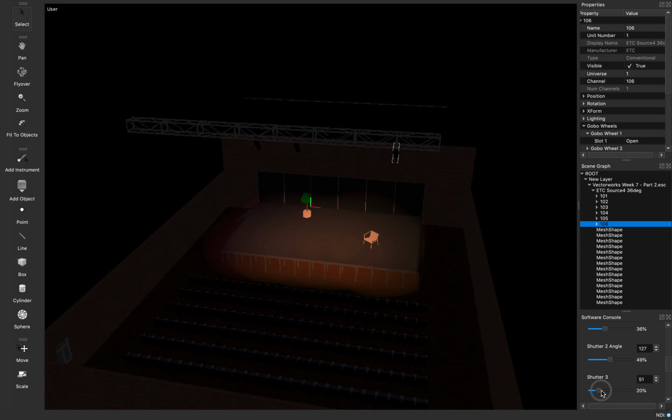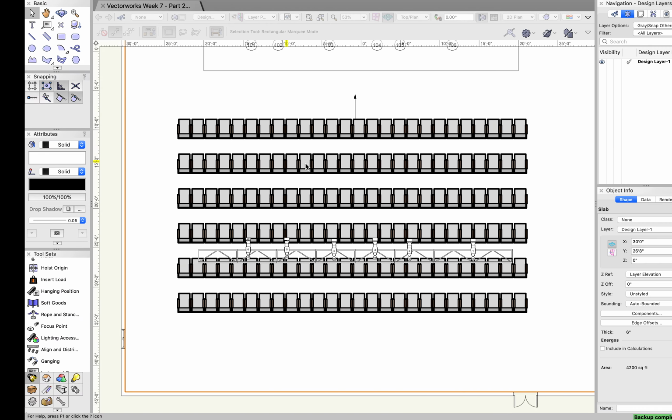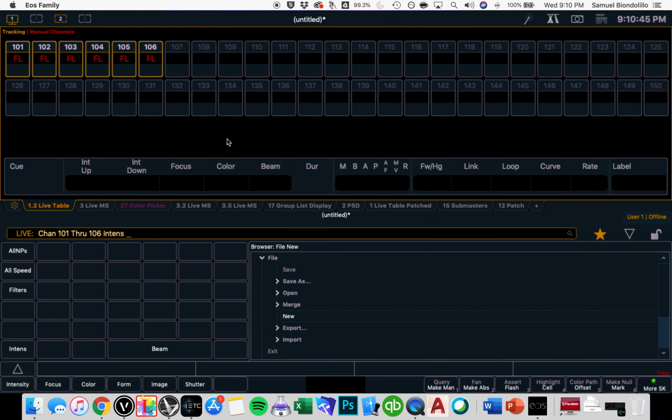So this is another way that you can adjust things. That's the other side. Adjust things to make them look a little bit nicer. You can do that all the way through so that everything feels really nice in your renderings. But the nice thing is now you can say, if I want to say 102 through 106 and I want to take